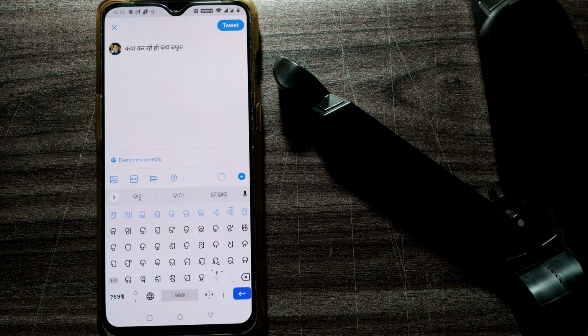So the same process can be applied in any other apps as well, because it is mostly your Android language setting instead of app to app. In Facebook, in same in Twitter as I have shown you right now, and also in WhatsApp, the process is same. You have to just hold on the keyboard and go on adding languages so that you can write or type in any app in different languages. For example, in this video I have shown you in Twitter only, but you can apply the same thing in any other app as well.